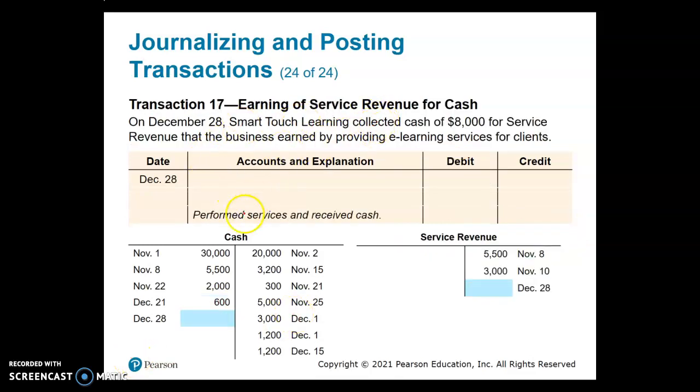Earning of service revenue for cash. December 28th, SmartTouch Learning collected cash of $8,000 for service revenue that the business earned by providing e-learning services for clients. So this one, cash goes up and service revenue goes up. And then you would post this one. And yes, it will be indented slightly to